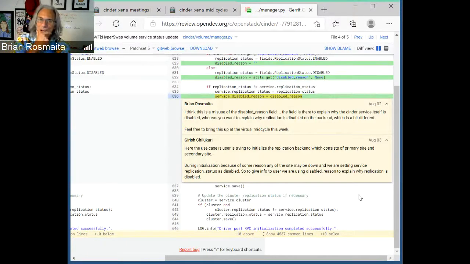Yeah, and then I put third-party CI there. As you know, two things.